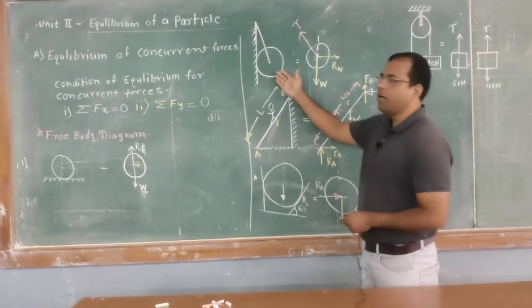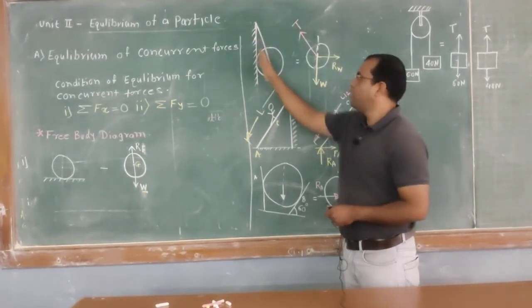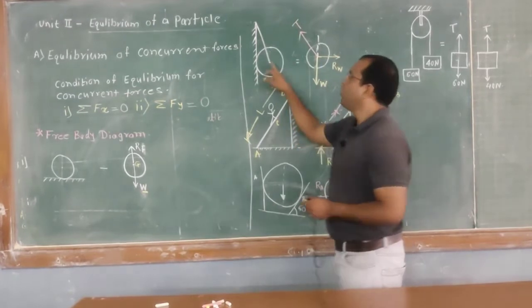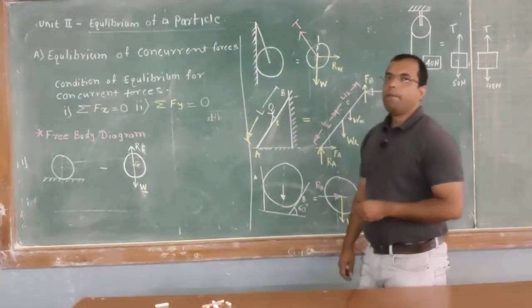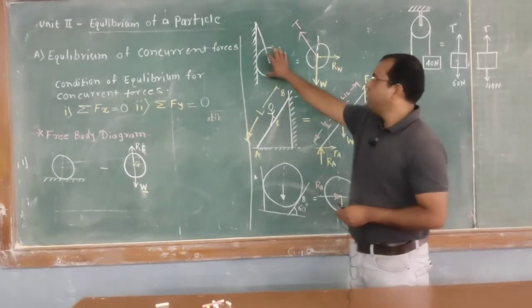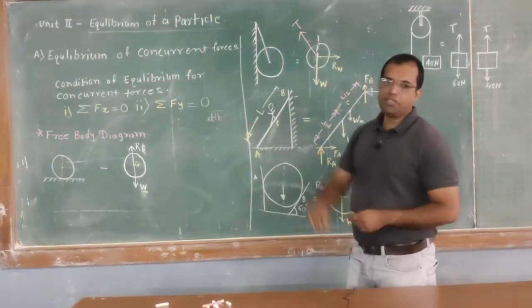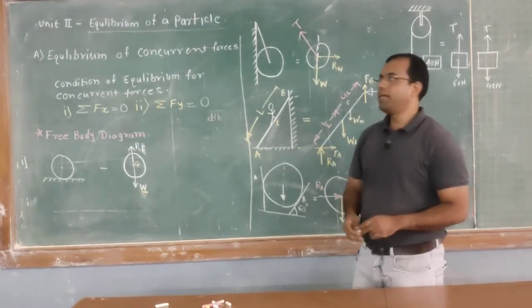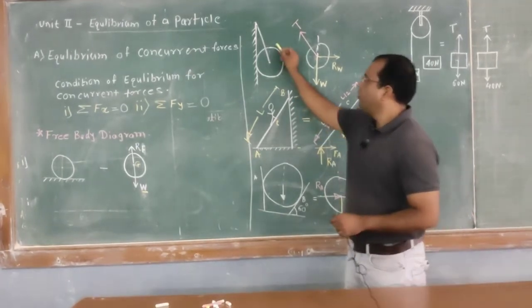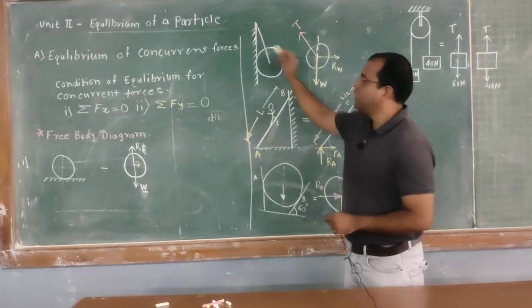Next, let's come to the next example of a free body diagram. Again a sphere is there. It is resting against the vertical wall and one string is attached to it. Now this ball is in a stable condition, or we can say it is in equilibrium, for your understanding. Now we have to draw its free body diagram.